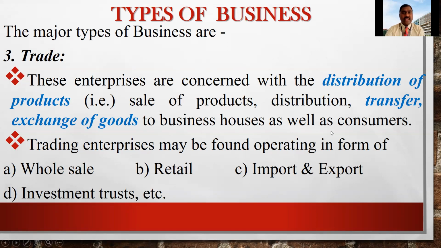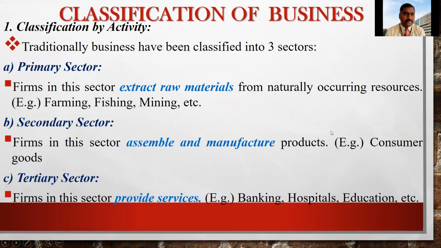But business can be classified under four criteria. Your business can be classified according to the activity you are carrying out in the organization. Say I am carrying out the activity of operation and production. That means I am using raw material, adopting certain machines and equipment, and converting that raw material into a finished good. Through that activity you can be called a business, because you are undergoing a certain activity and making goods available for usage.